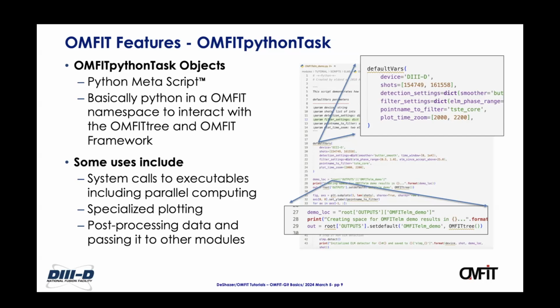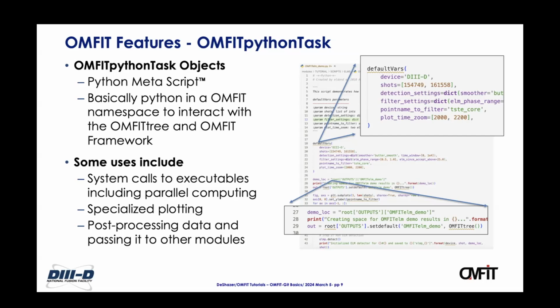Also, the OMFIT Python task will allow you to call executables at the system level. That's one of the benefits: on the interface level, you're using Python. On the backend side, you can drive system level calls, which means you can basically use compiled codes to run them and then bring that data back into OMFIT. It also makes it possible to do specialized plotting. So basically you can go in and build plotting scripts, and it also is the workhorse for doing post-processing and